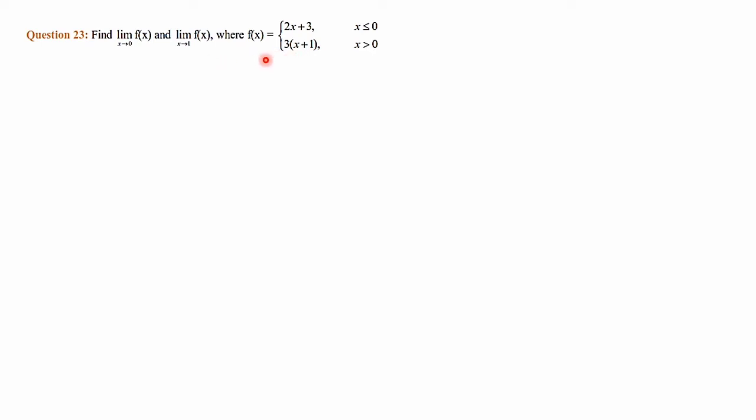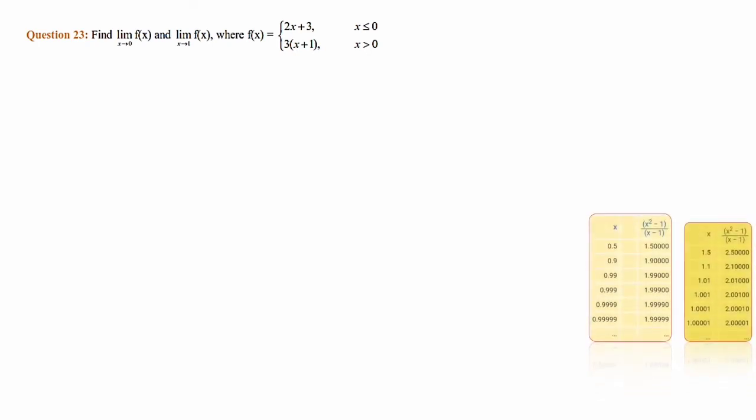Before starting solving this question, let's recall what we have learned while studying the basics of limits and derivatives. In the first part of this video we explained how we calculated limit x tends to 1, x square minus 1 divided by x minus 1. We have taken values from 0.5 to 0.999 and found that the value of the function is approaching 0. That means the left of x, limit x tends to 1, is our limit. In that case we have taken the left side of 1, that is 0.5, 0.9, 0.99 etc. up to